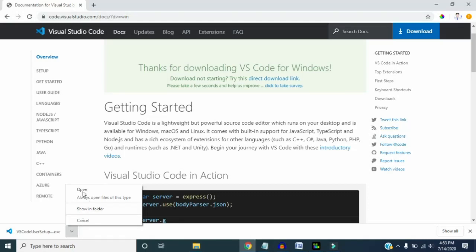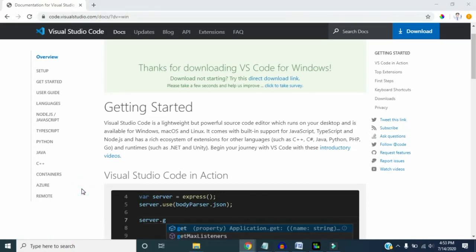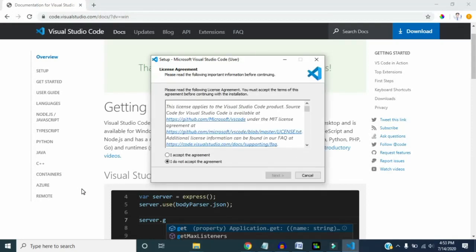After downloading, please run this downloaded installer. It will show some license agreement as soon as you run this installer. So read it quickly and accept the license agreement.